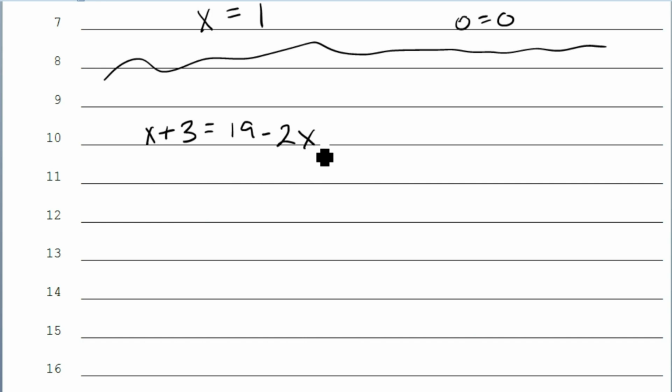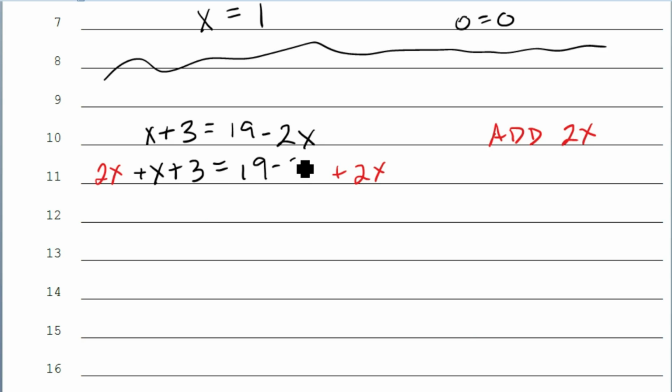I usually take all the x's, terms with the variable x in them, and move them all to the left side. And here that could be done by adding 2x to each side. Put that here and put it on the other side, so don't forget. And the rest of it stays the same: x plus 3 and 19 minus 2x. And then simplify,